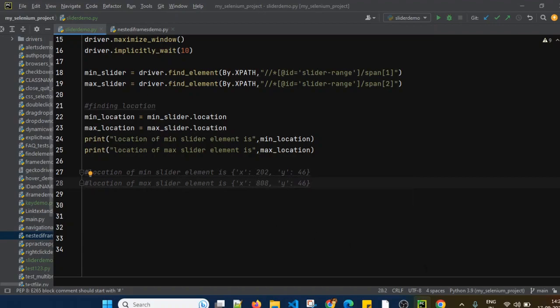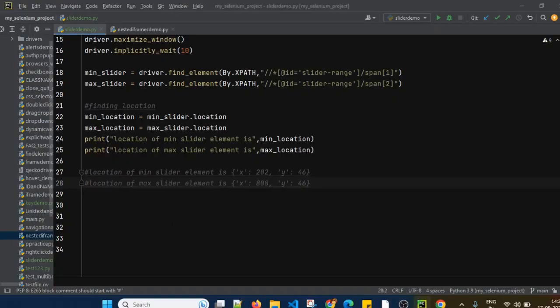We want the minimum slider to slide right first, so we have to increase the x coordinate, and for this one we want to reduce it, so we will use a negative value for the maximum slider element.